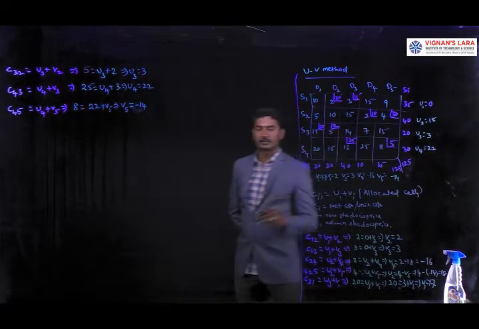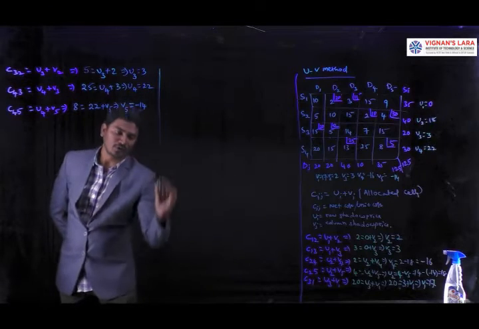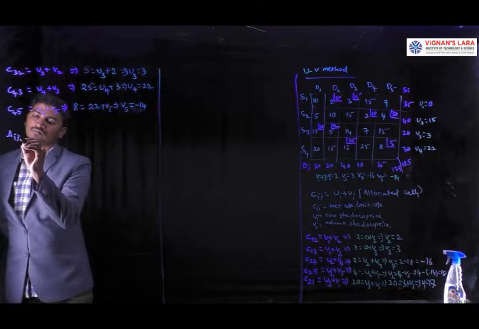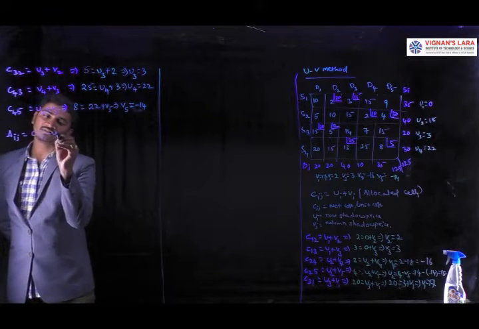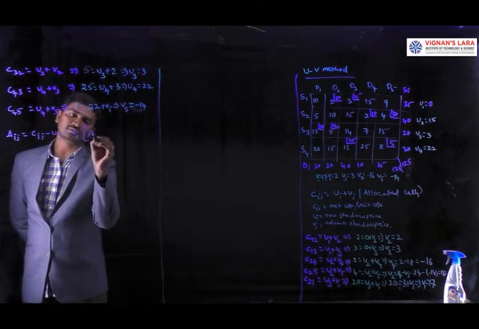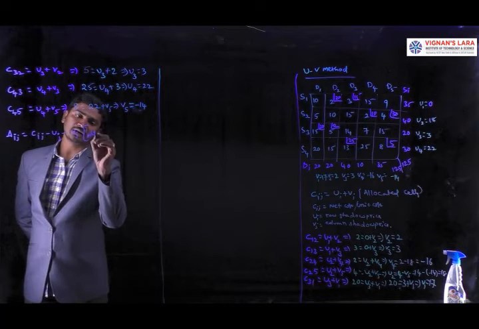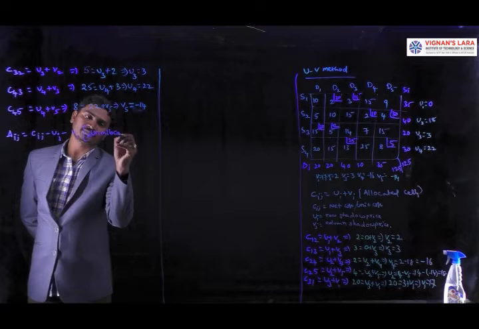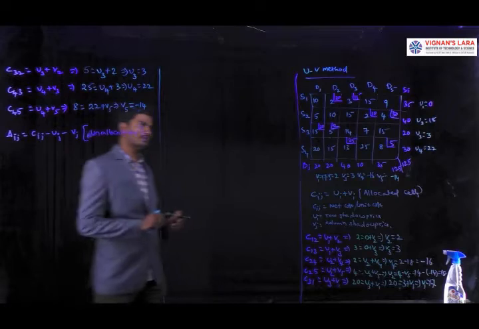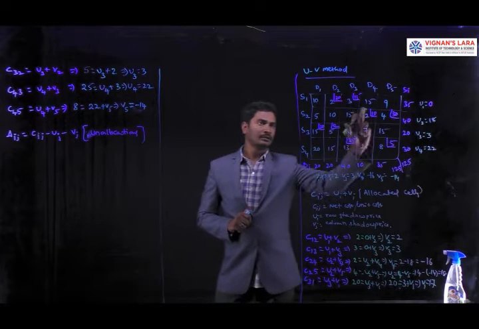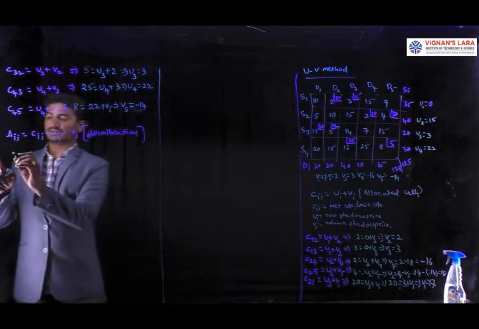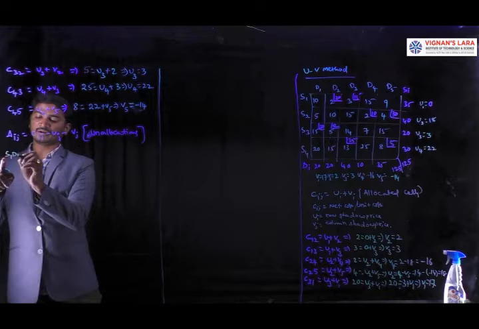Okay, all shadow prices we calculated. Now we are going to calculate the delta ij value for unallocated cells. So far we calculated the values for allocated cells. Now we are going to calculate the values for unallocated cells. First, coming to delta ij, where we have the unallocated. Here we have one unallocated, that is S1 D1.